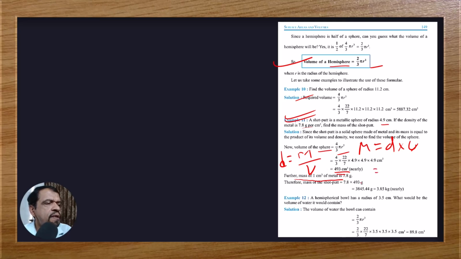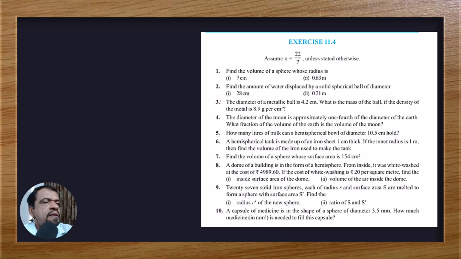Mass is equal to density into volume. Density is given in the question as 7.8 gram per centimeter cube, into volume 493. So this is 3845.44 gram, approximately 3.85 kilogram. And exercise 11.4, this question 3 is also based on density, an important question. The 4th is logical, and this 9th is also a logical question, important. Third question,